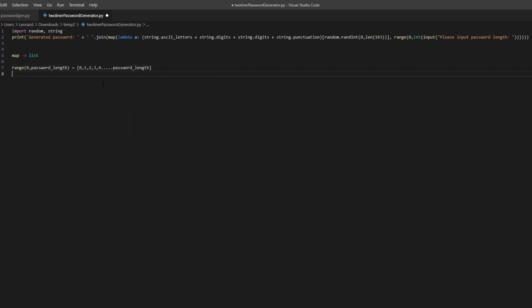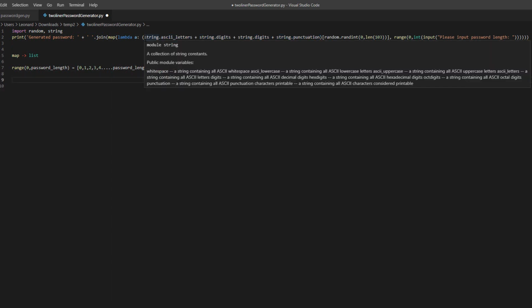And for each of these elements, we use this lambda function, which is going to build a new list. And the new list is going to consist of a random character out of this list. So this list right here, which is our alphabet,